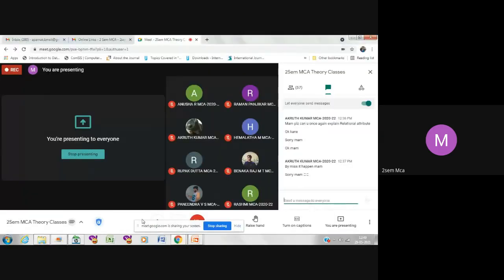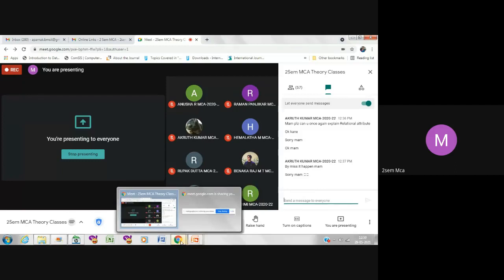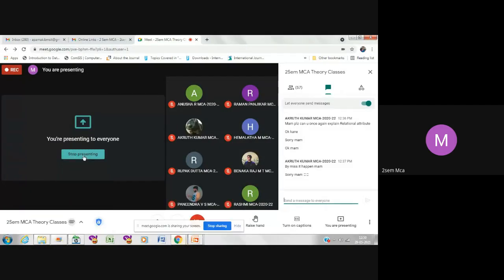Any doubts at this point? These are all very important concepts that you should know. What are the different keys? Differentiate between the different keys. You should definitely know the differences between the different keys. Otherwise, learning DBMS is of no use. Please don't attend class just for the sake of attendance. Ask me wherever you have doubts.